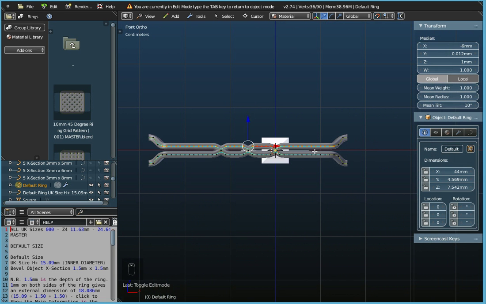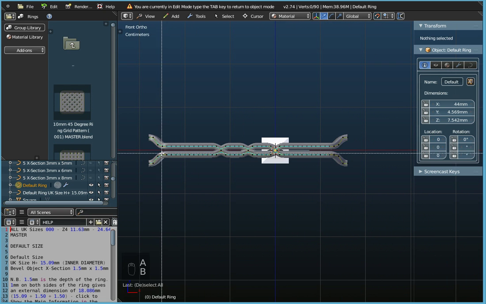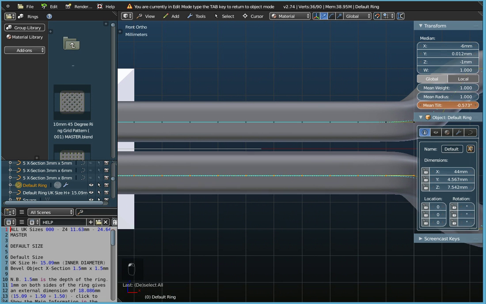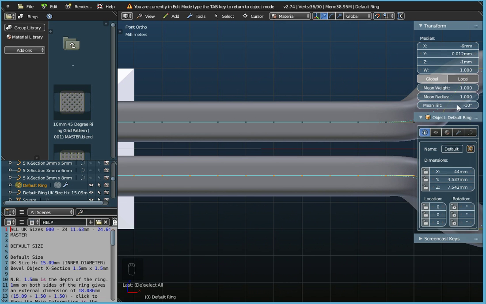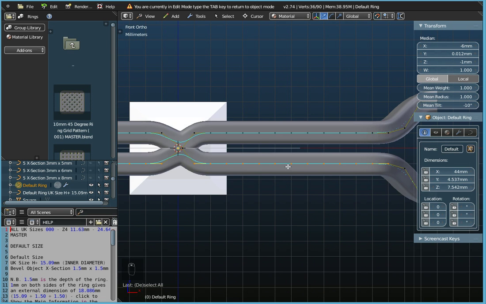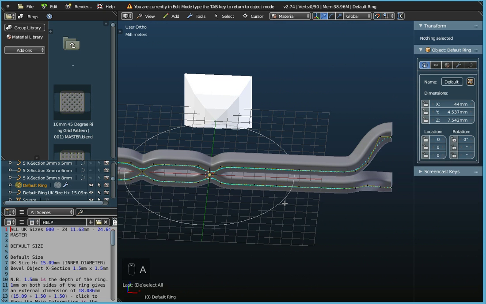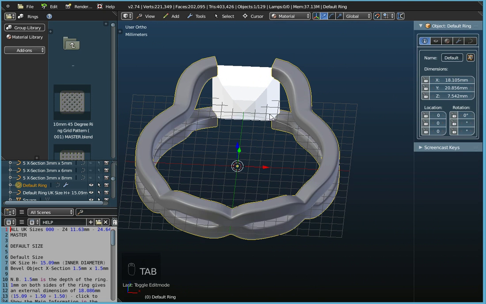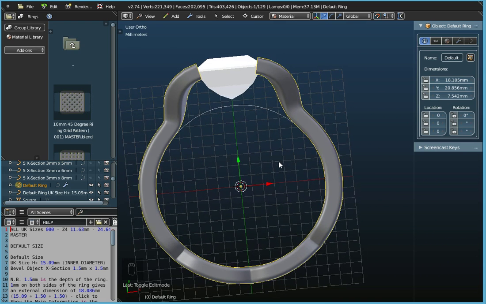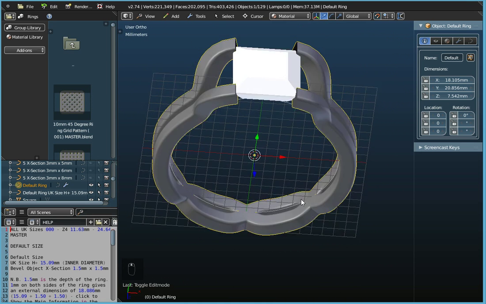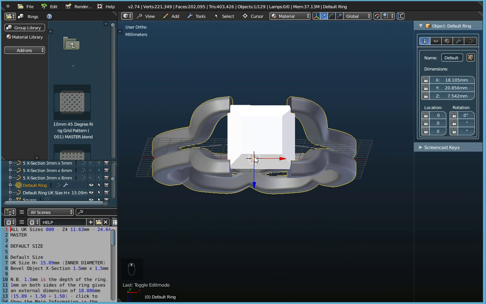tilted as well. So A to deselect, B for border select, so highlight all those control points there, and we want to tilt this. Now we did 10 degrees, so we're probably going to need minus 10 degrees to keep it the same, so I'll type in minus 10. What that's done is it's straightened them out again back to where they were at the start. So if I come out of edit mode there, press the Tab key on the keyboard, you see that effect has changed now. So you do have to watch out for that when you're making adjustments to the ends of the shank like